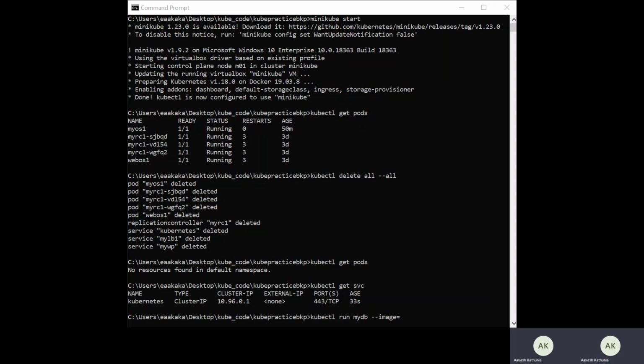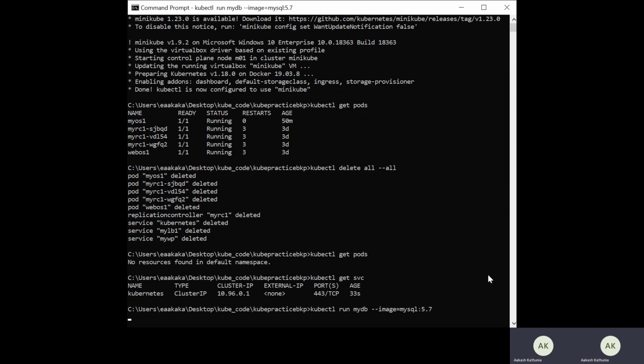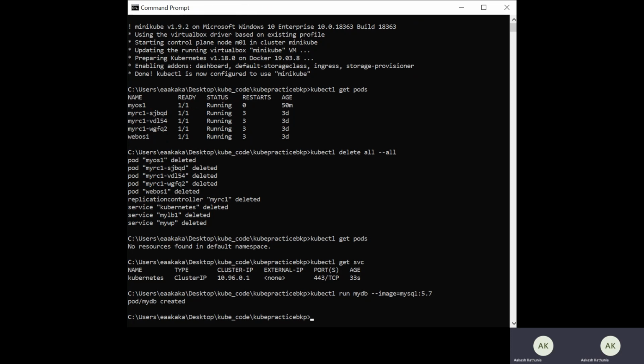So on this terminal, I'm using the image mysql, and then I can use colon 5.7. Once I run this command, let's see what the output is. Currently the command is running. Okay, so you can see that the pod mydb is created.